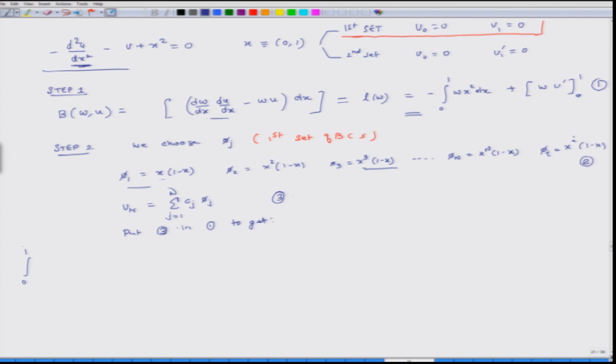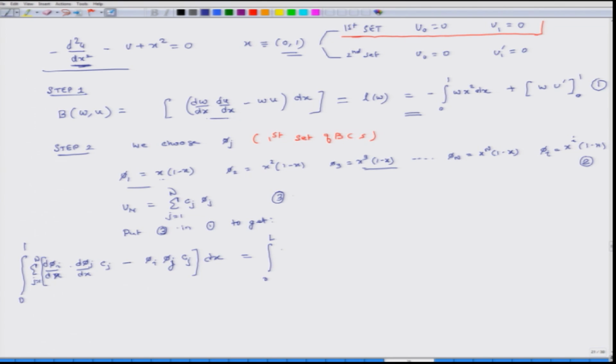0 to 1. So, why am I integrating from 0 to 1? Because the domain is 0 to 1. If it was 0 to L, then accordingly I have to integrate. So, 0 to 1 integral of d phi I over d x times d phi j over d x times C j, j is equal to 1 to n, minus phi I phi j times C j, and I am going to put a bracket around it, that is why I have erased it, not that there was something wrong, dx. Okay. So, the entire thing is being summed over in these j, and this is equal to